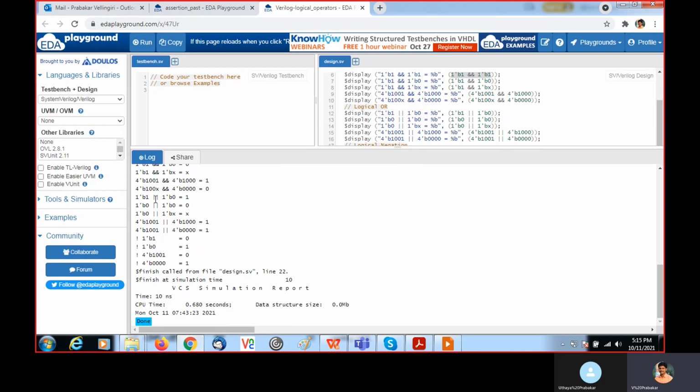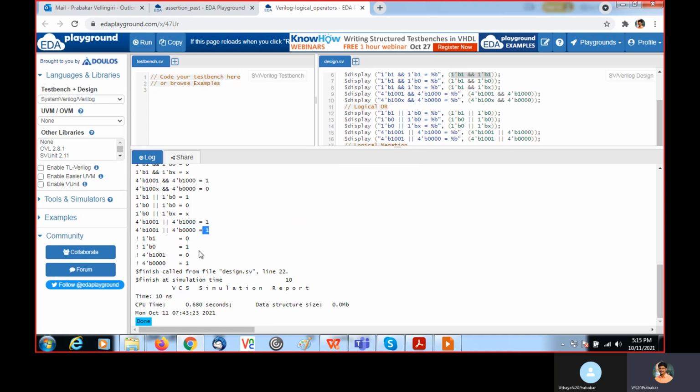And we are going to perform the OR operation, logical OR. If any one of the inputs is 1, you will get output as 1. For 0, 0, you will get 0. And 0 with X, it may be 0 or 1, so you will get X as output. Then for multiple bits, it will be considered as 1. This will be considered as 1. You will get 1 as output. Here it will be considered as 1, and here it will be considered as 0. You will get 1 as output.